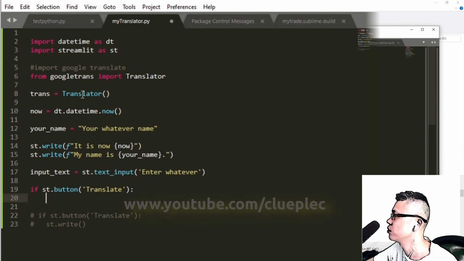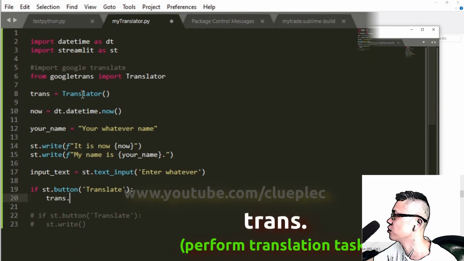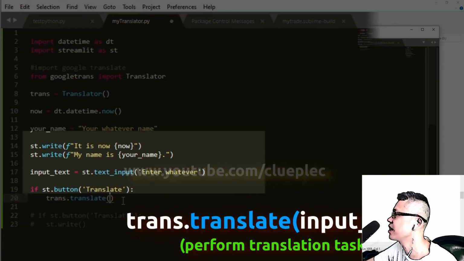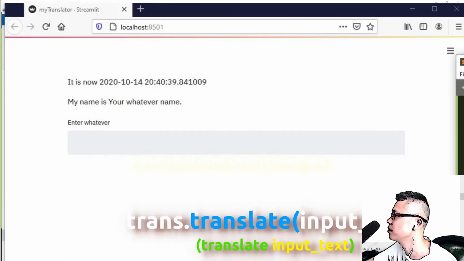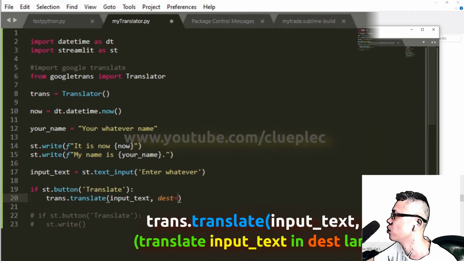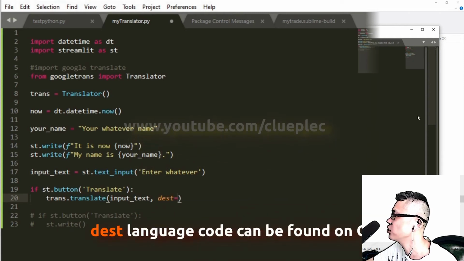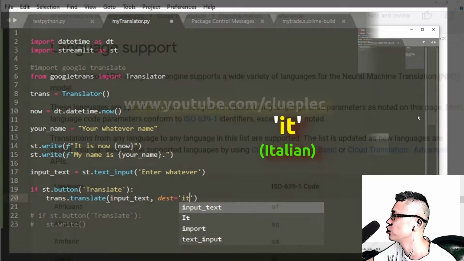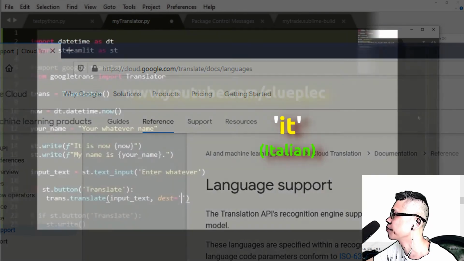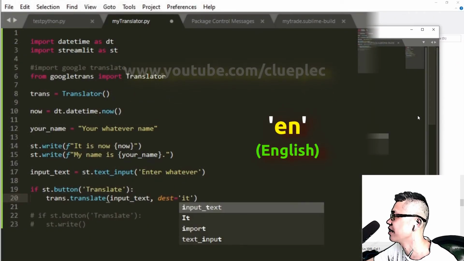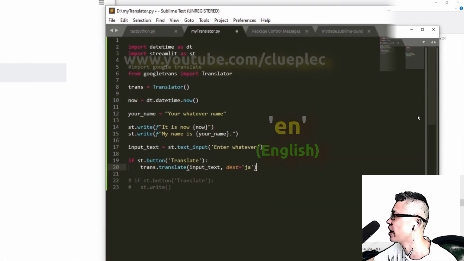So trans.translate. We are translating input text, which is this one. Destination is a language code. If translate to Italian, just single quote and IT. You can search the language code from Google. EN is English and IT is Italian. Let me do Japanese. JA.